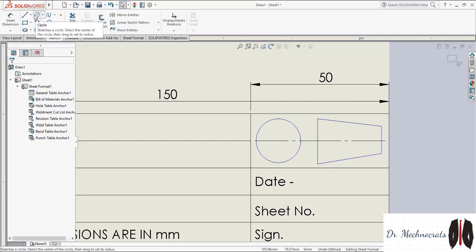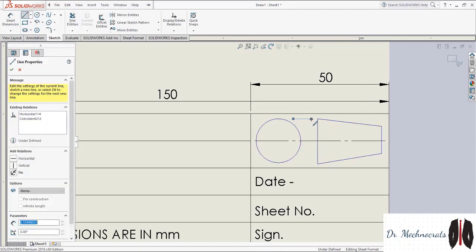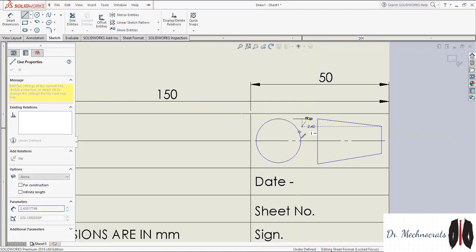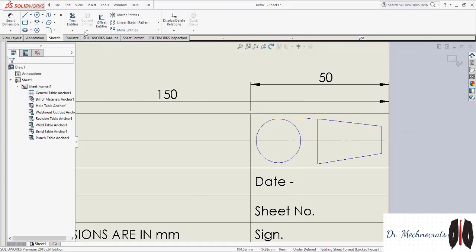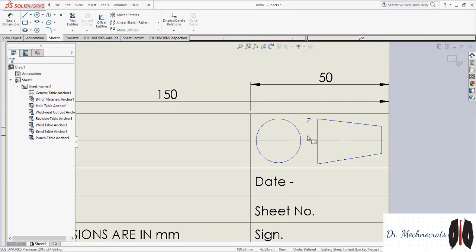Right, now see, we have to draw the view of the first angle projection. So if we are seeing from this side, there will be a big circle that we have to represent, right?